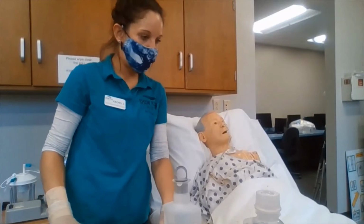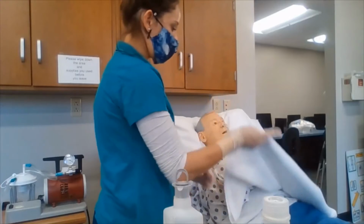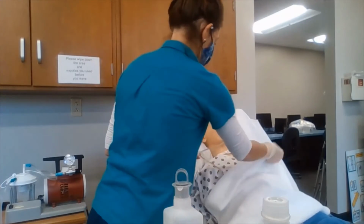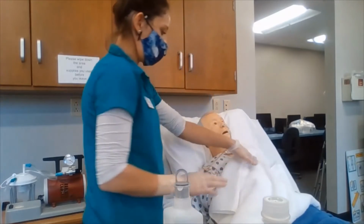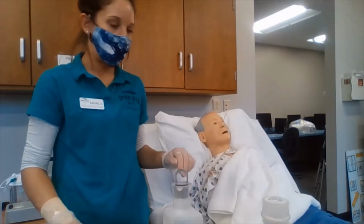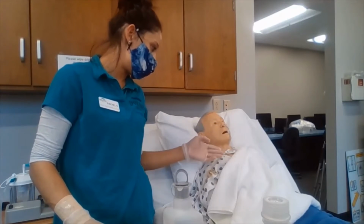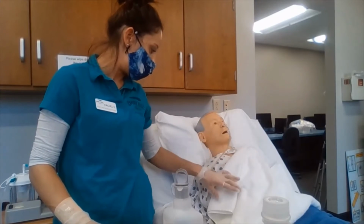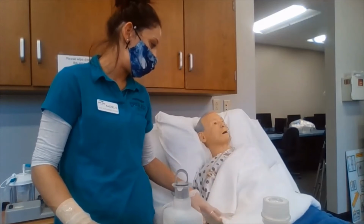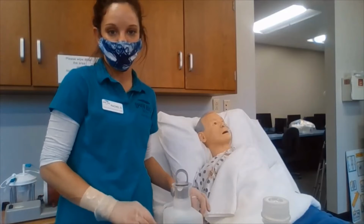For irrigation of the nasogastric tubing, we are going to make sure that our patient has a linen protector underneath them. So we're ensuring the placement of the tubing. So of course we'll look at the measurement. We are also going to be inserting air and auscultating